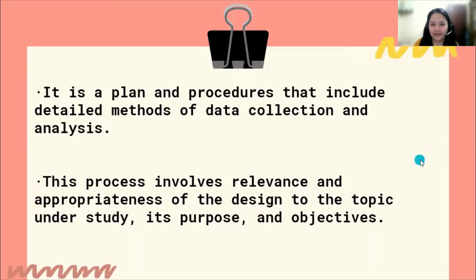Steps and plan. This process involves relevance and appropriateness of the design to the topic under study, its purpose, and objectives. So sa Chapter 3, pinapakita mo ang alignment ng mga nauna ng chapter sa research paper mo. The first thing is the purpose of your study, then your research question, then research design,